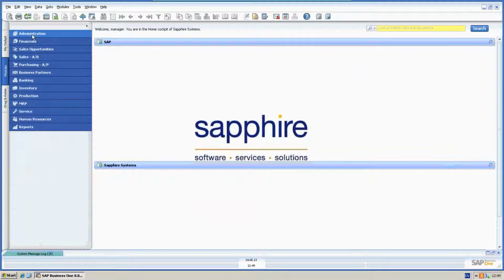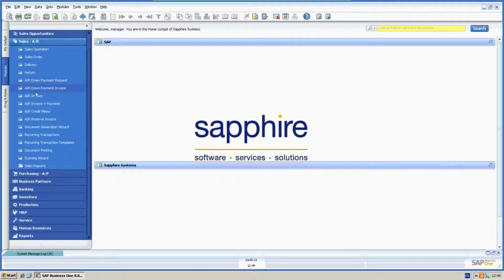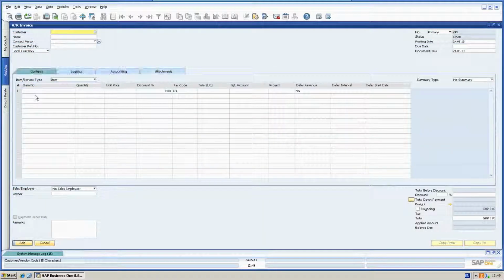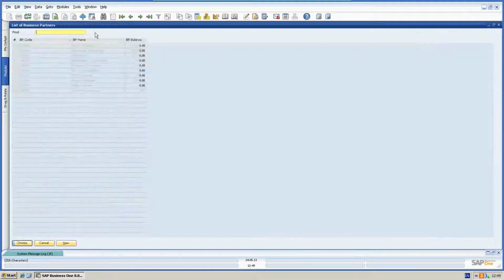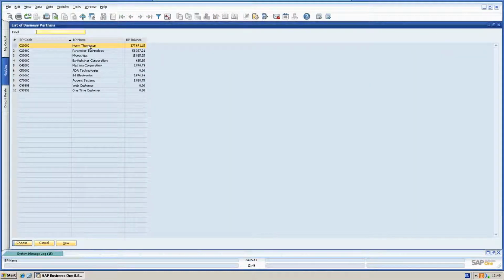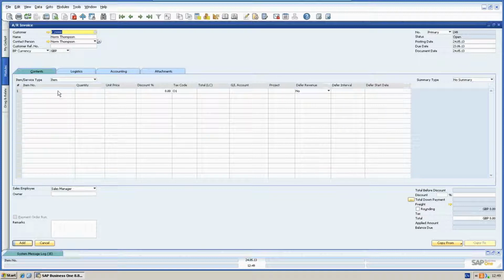So I'm going to expand my Sales AR module and open up an AR invoice. The first thing I'm going to do is select one of my customers, Norm Thompson, and I'm going to select some SAP software. So Norm is buying one quantity of SAP software, and as a part of this